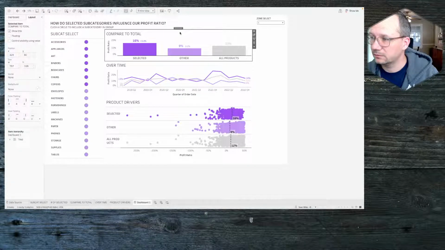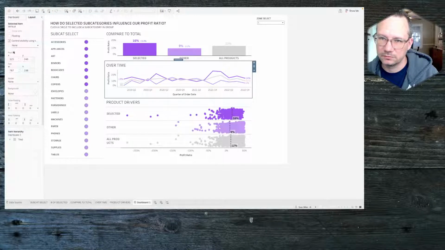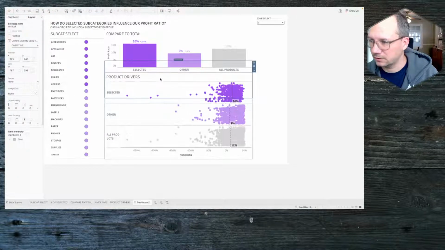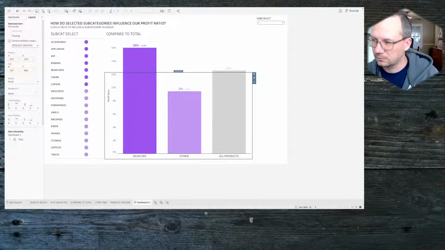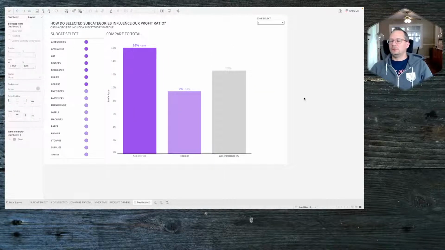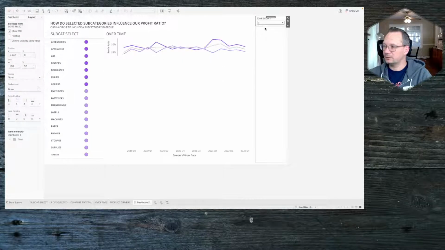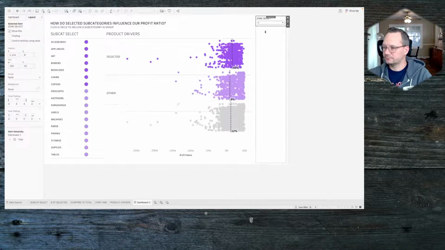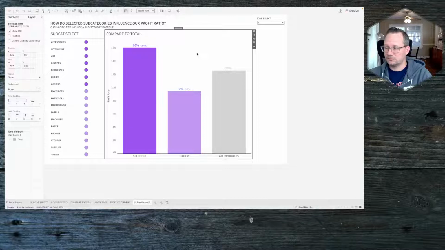All right. This one, compare to total. This one, over time, goes away. This one, there. Whew. Good gracious. Okay. There we go. There it is. And then you can just reformat it however you want. But this is really cool. Now that I got it to work,